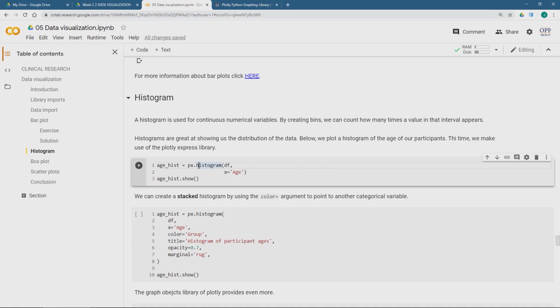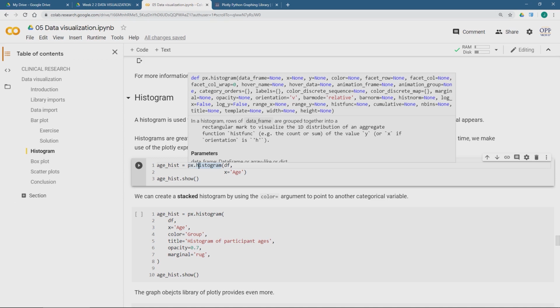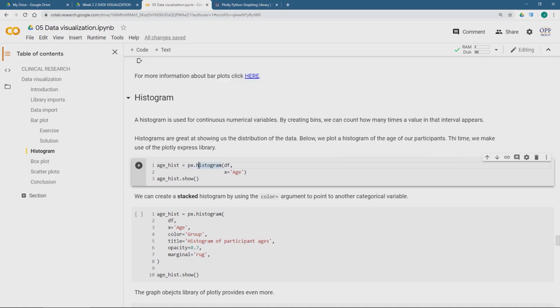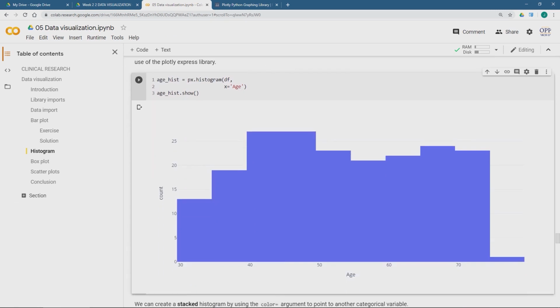It has these objects that we can access directly. So by calling the histogram function, I'm going to create a histogram object. And look at this, I told you it's integrated with pandas, so my first argument is the df, that's the data frame, comma, x equals age. So I can just use the column name there. And then I'm calling the .show method on my computer variable there, which holds a histogram object, and there's my